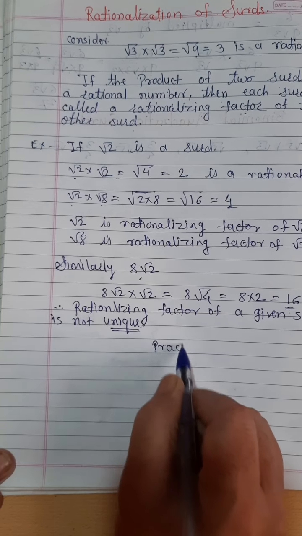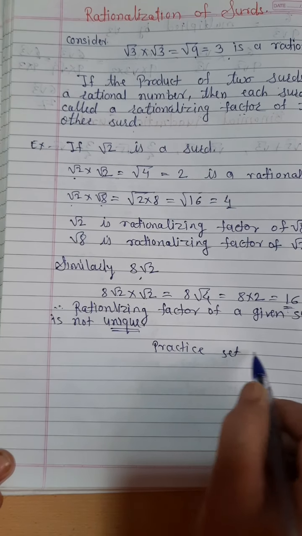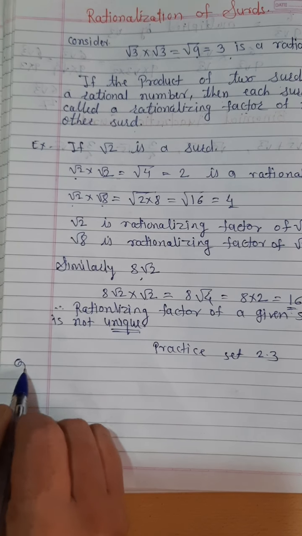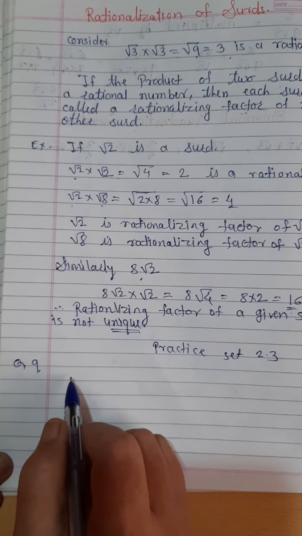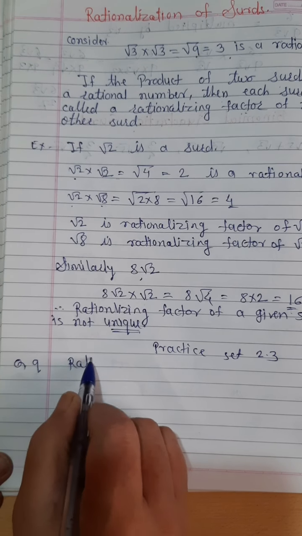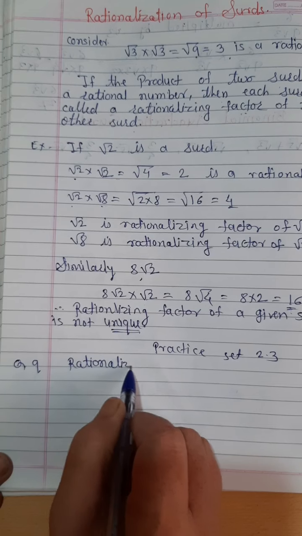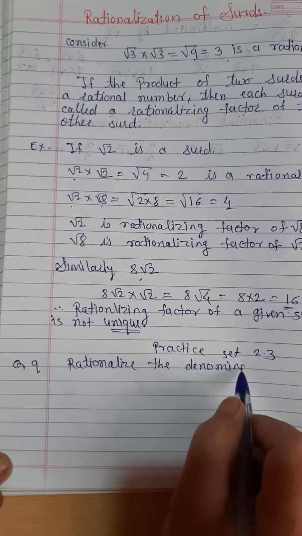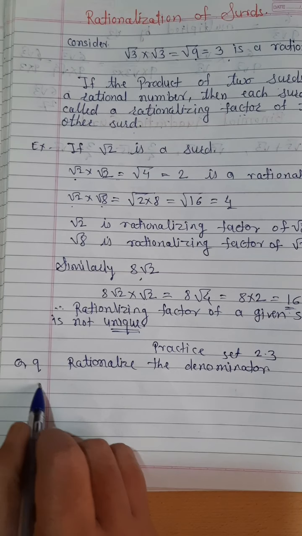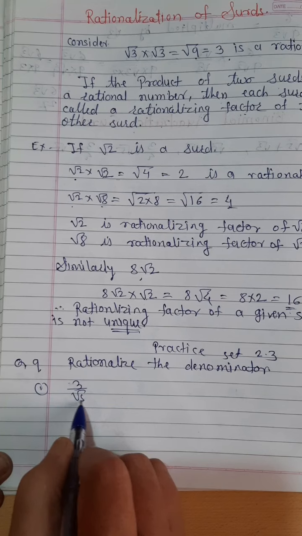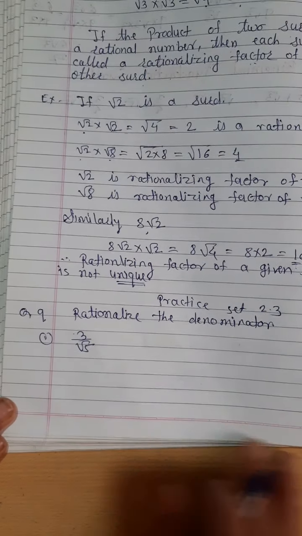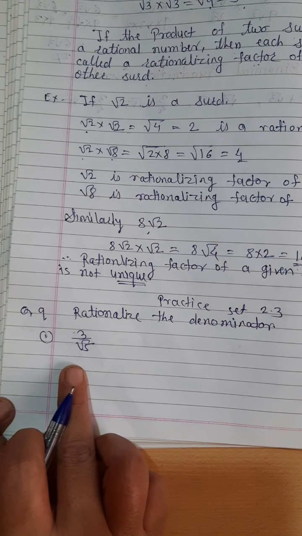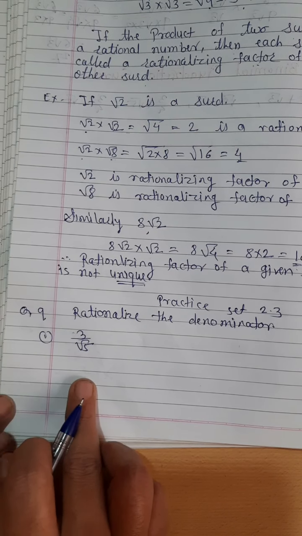Therefore here practice set 2.3. In this practice set question number 9, rationalize the denominator. First question, 3 upon root 5. Rationalize the denominator. Here root 5 is a surd and we know that the product of two surds is a rational number. Therefore